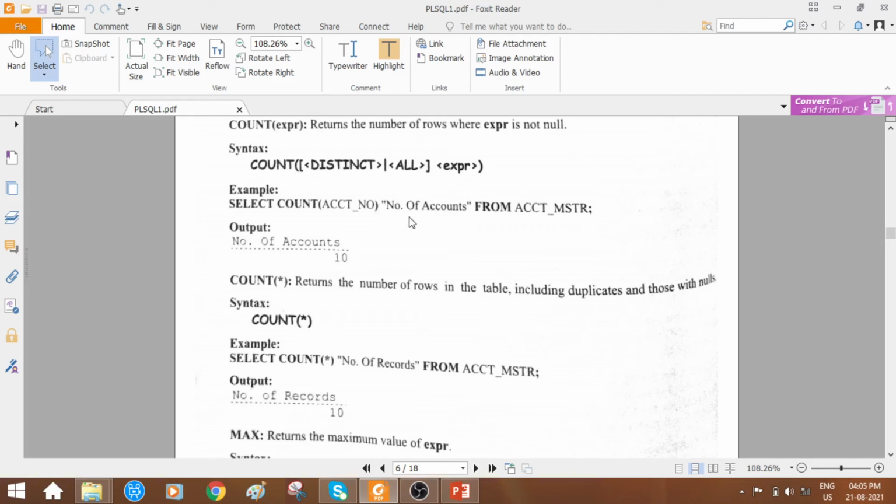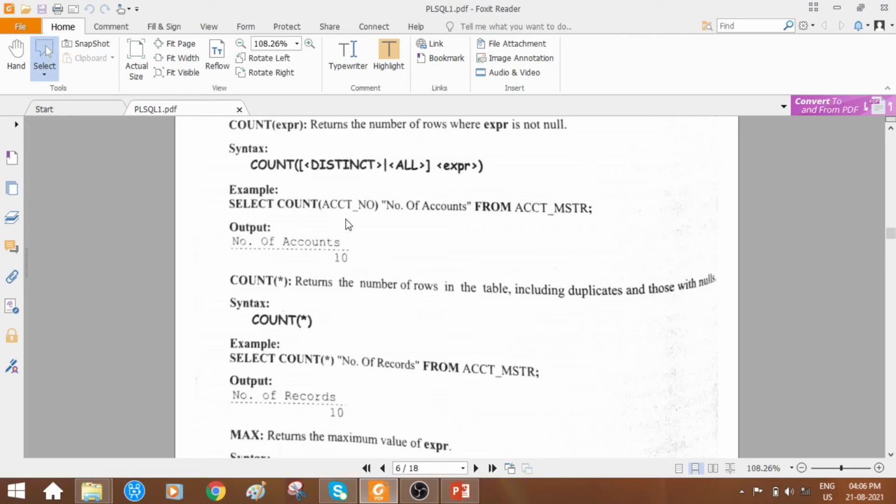Only for output purposes we are using this name; it doesn't affect the table column name. Only to view the output, to have easiness, we are giving a familiar, simple, convenient heading to understand the result.